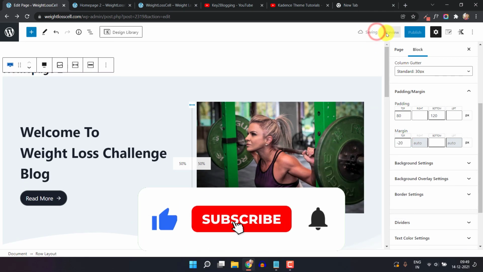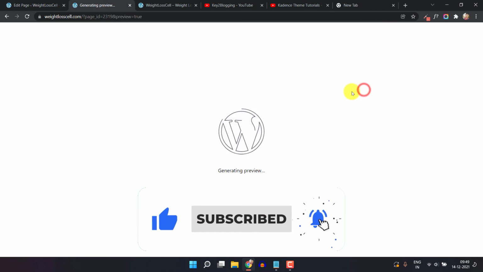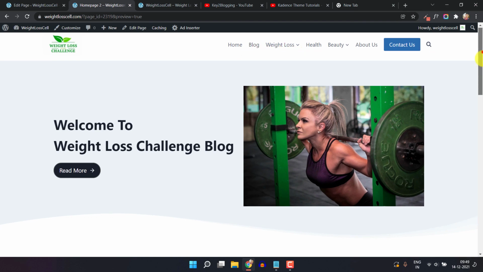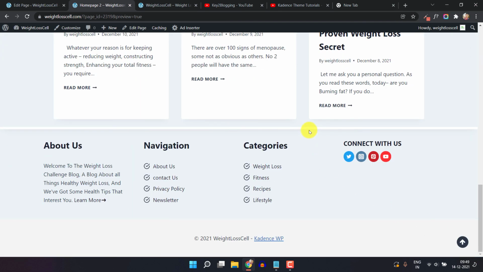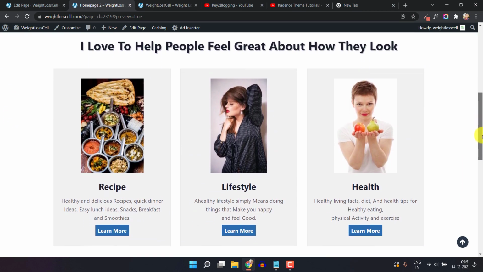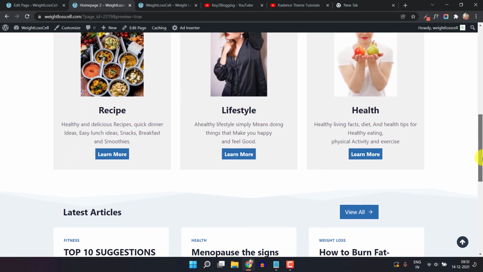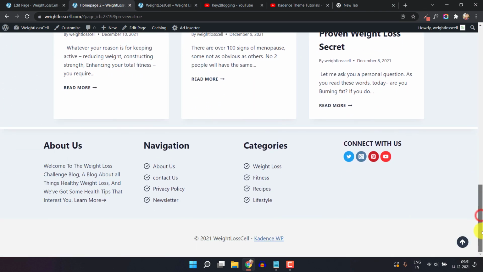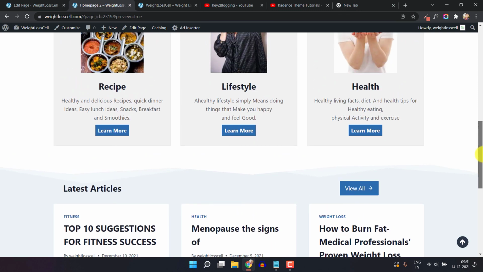Now let's click on save and let's click on preview, and as you can see the spacing will be reduced. So in this way you can add a negative margin at the top to adjust the space, and here in the bottom you can add a negative margin so you can minimize the space. I hope you got the idea how to design a home page like this from scratch using the Kadence Blog Builder, and you can easily build a home page in your WordPress website using the Kadence blog.